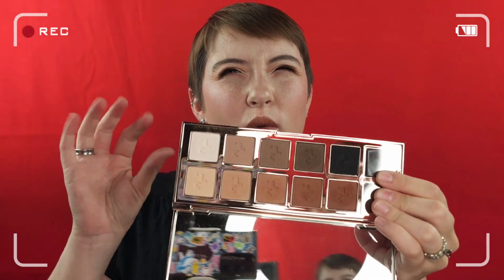Real quick, love with the packaging. We will, let's see, just cool toned, warm, not warm, what? With the Patrick Ta, the either, so